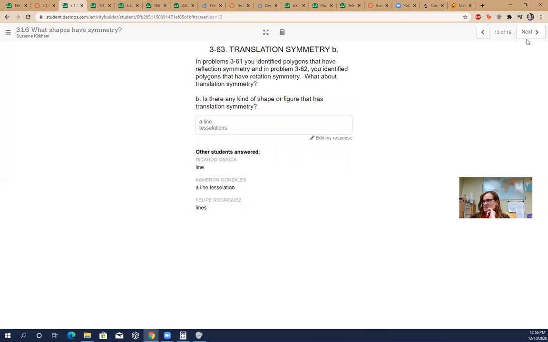Page 13. Is there any kind of shape or figure that has translation symmetry? So a line, if I have a line, and a line, remember, goes on forever. So if I move my line back and forth, it's going to be in the same place. And also a tessellation. Remember, a tessellation is